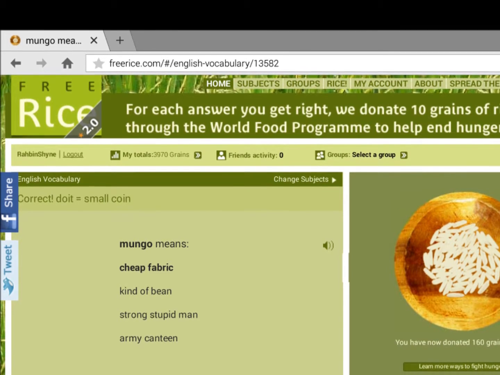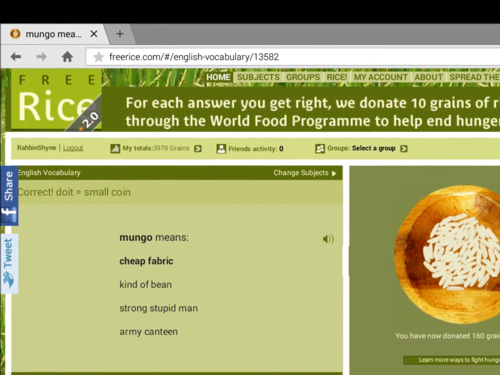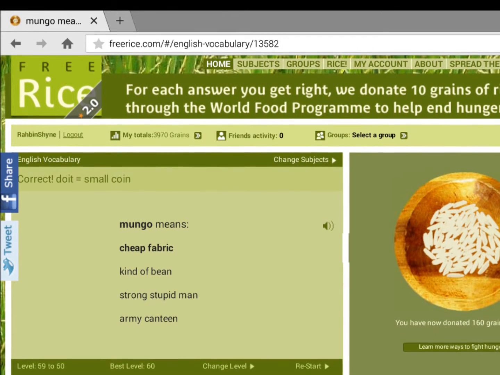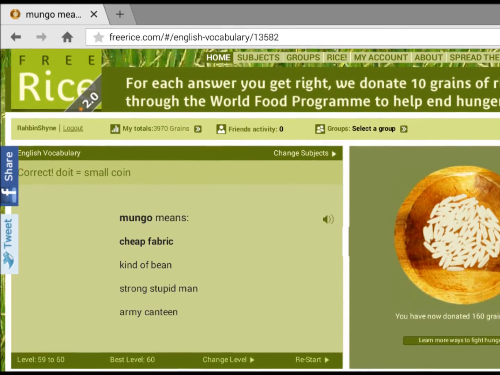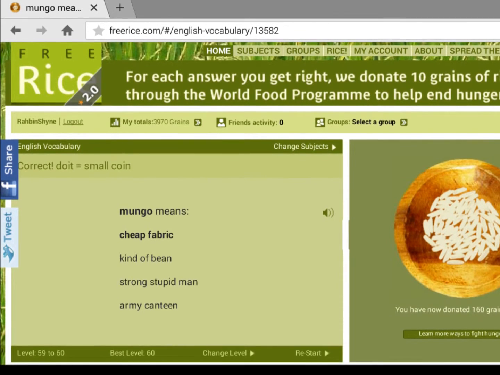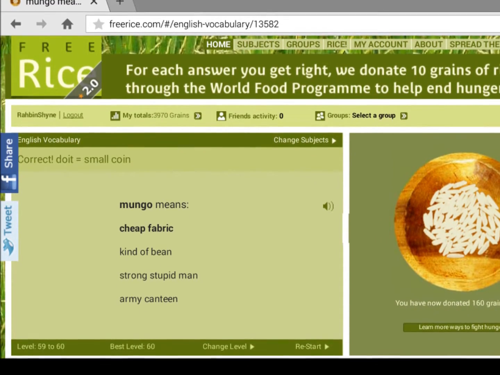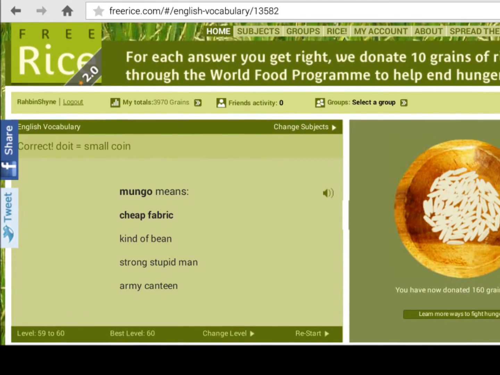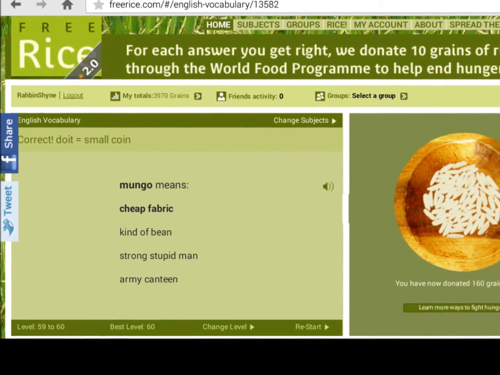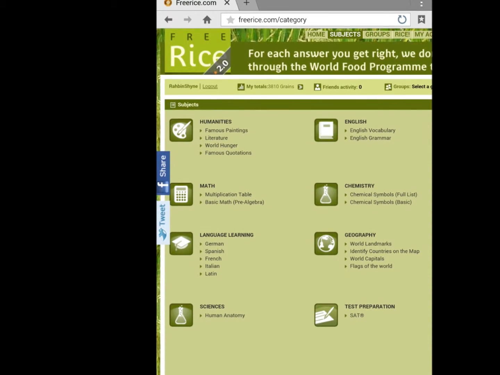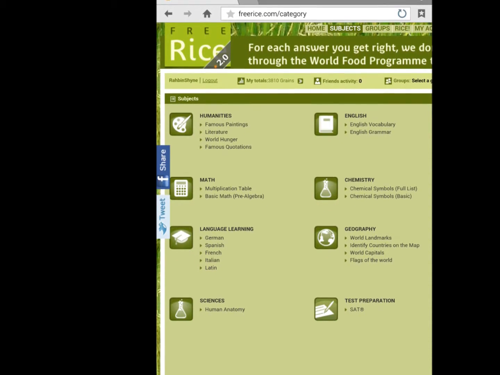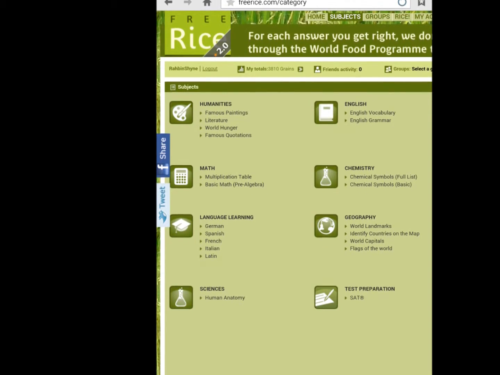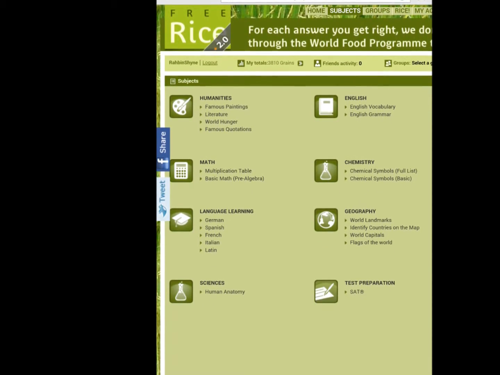Now, just because it starts off at a basic level doesn't mean students have to start there. At the bottom, you always have an opportunity to choose your level. So you just click on Change Level, and then they'll find a harder challenge. And so this is, again, in the vocabulary section. With so many subjects to choose from, freerice.com lets students choose which subject matters they want to gain more practice in, and as they're gaining more practice in those skills or in those subjects, they're also donating rice.